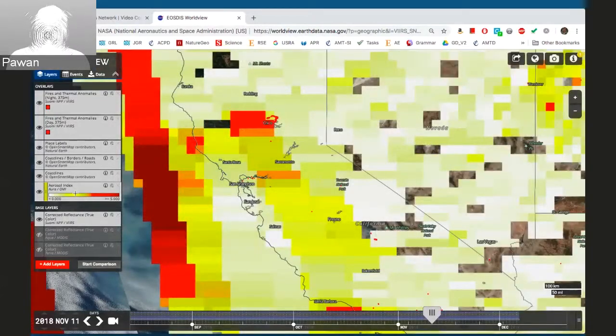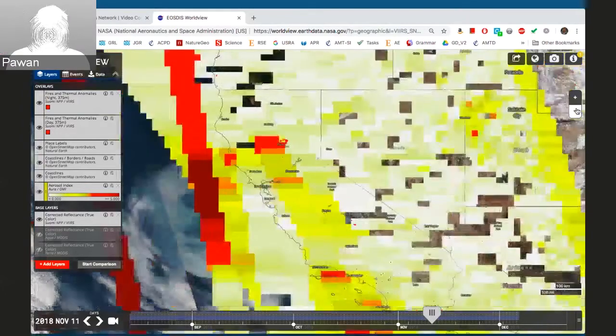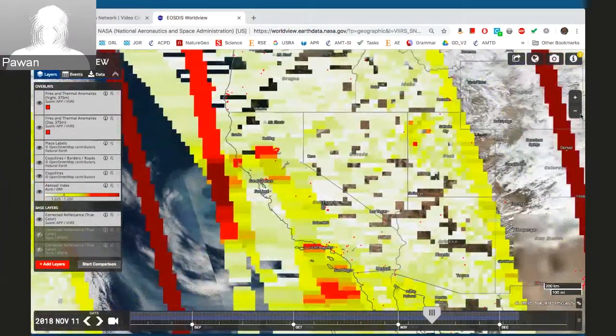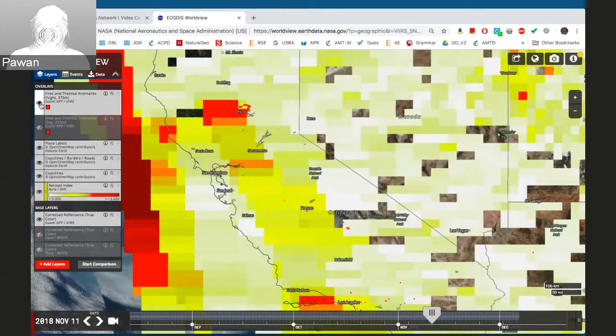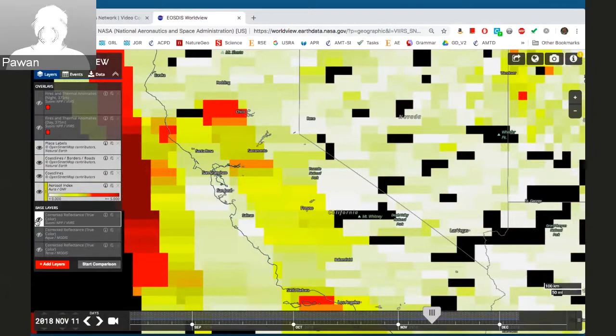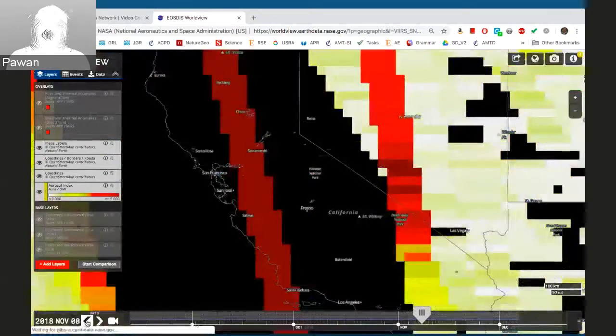They are absorbing in nature, so you can see them, and you can actually drag this layer up and down in order to see specific fields. So I put the aerosol index on the bottom so that we can see the color scales, and we can see the names and labels of the cities to identify the location. So let's close the fire locations and also close the Suomi NPP VIIRS RGB image, and then go back in time. So again,